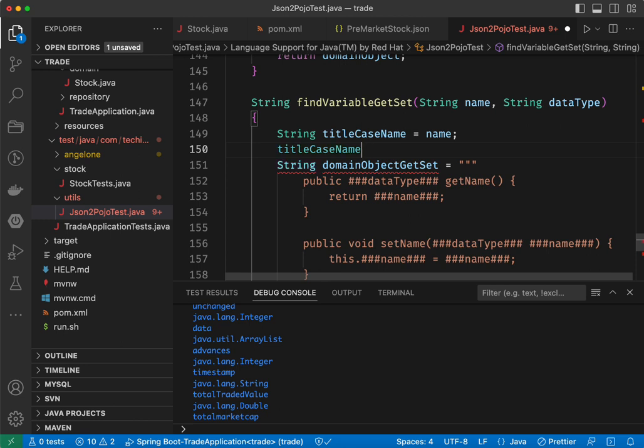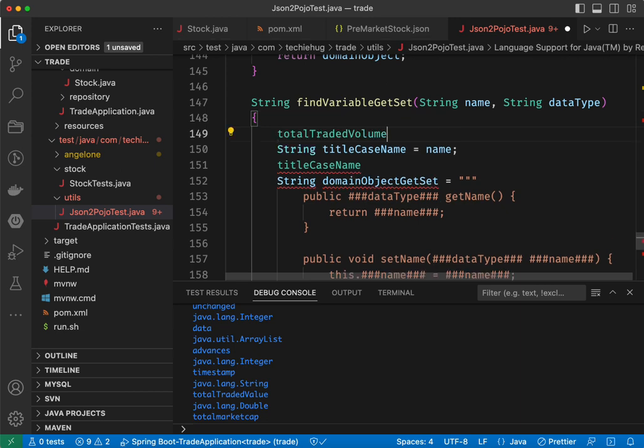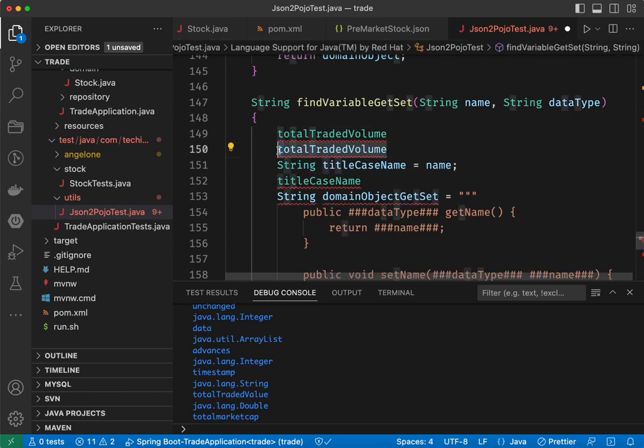How can we change the first character? Let's say I'm getting this one, I wanted to create something like this, correct? How do we do? So in this case, equal to 0, which means the first character, or another way, the title case of the first character,